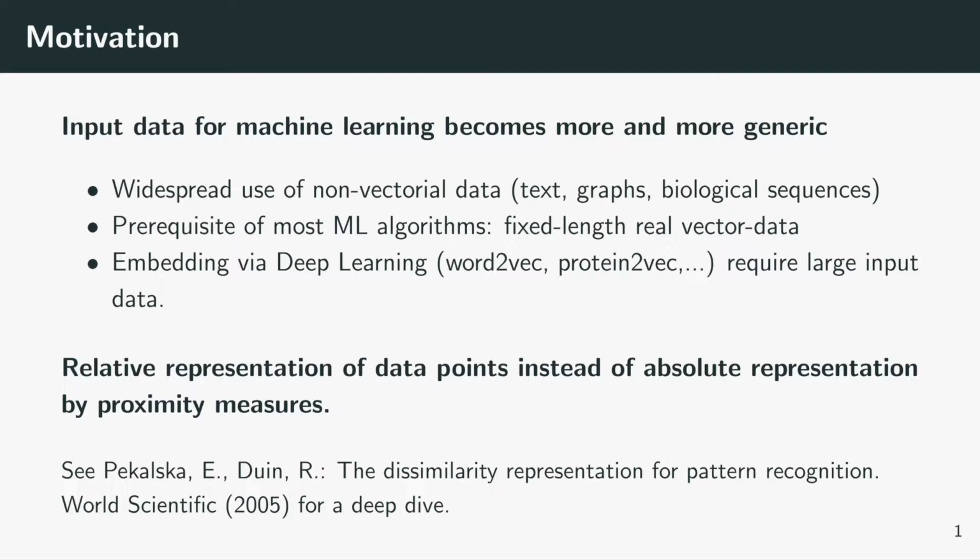Input data for machine learning becomes more and more heterogeneous and generic, and so we have more and more data that is not in vectorial form, like for example texts or graphs or sequential data. But many machine learning algorithms still have the prerequisite that the input data must be of fixed length and real valued data. Some methods, like in deep learning, word-to-vec, time-to-vec, protein-to-vec, can handle this, but they require a large amount of input